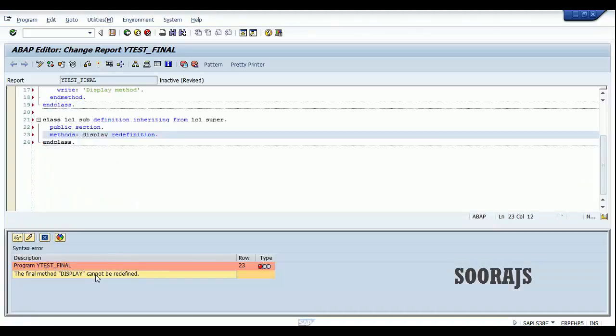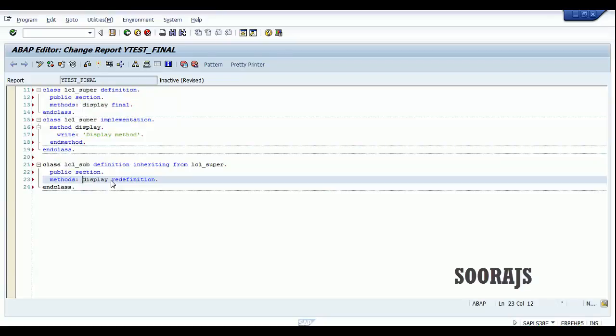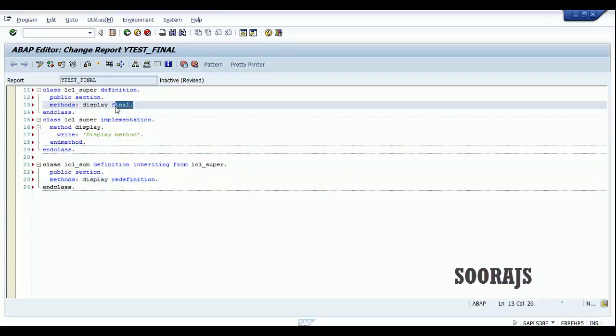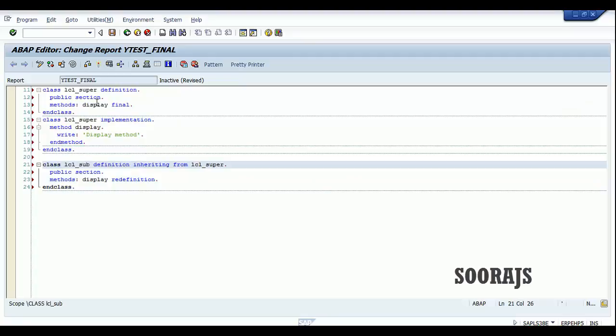See, as you can see here, the final method display cannot be redefined. You cannot redefine a method which is final in the superclass. Okay, so that's it